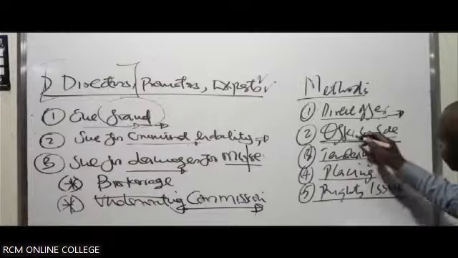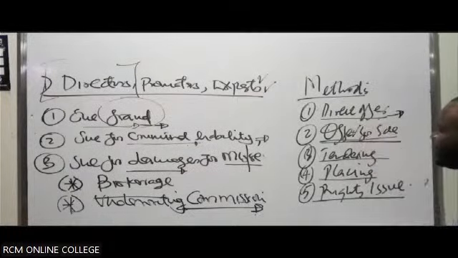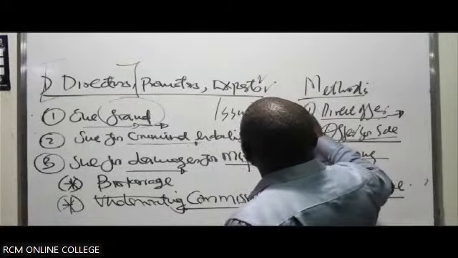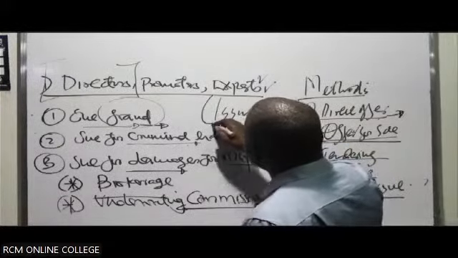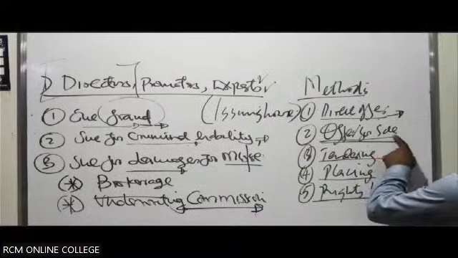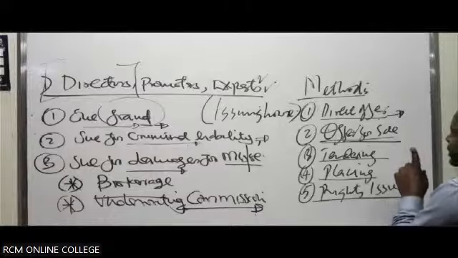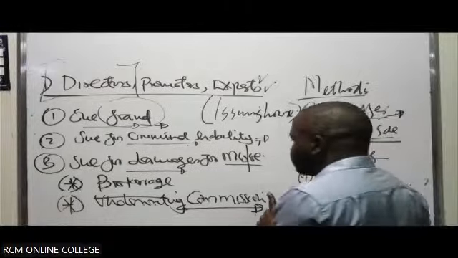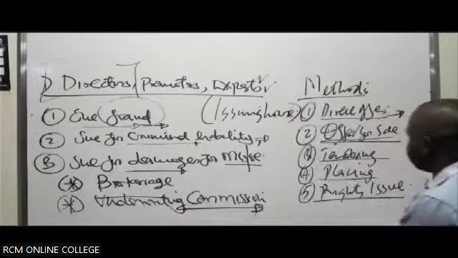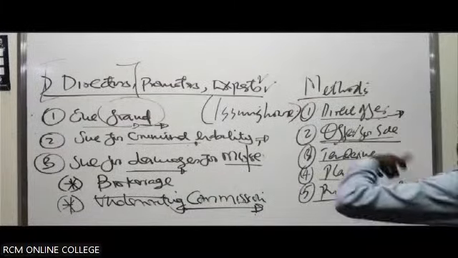So what happens under offer for sale? The company sells all its shares to an issuing house. An issuing house, in this case, could be stock brokers or maybe investment companies. So to an issuing house, which is now fully involved in preparing the entire prospectus. This one is advantageous because the company even avoids the issue of under subscription, because they would have already sold all the shares.